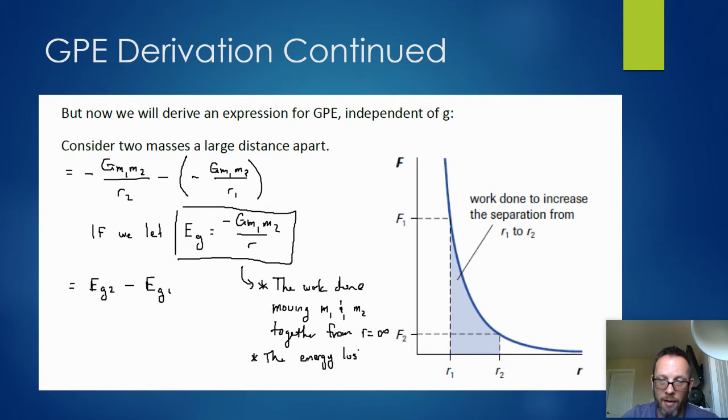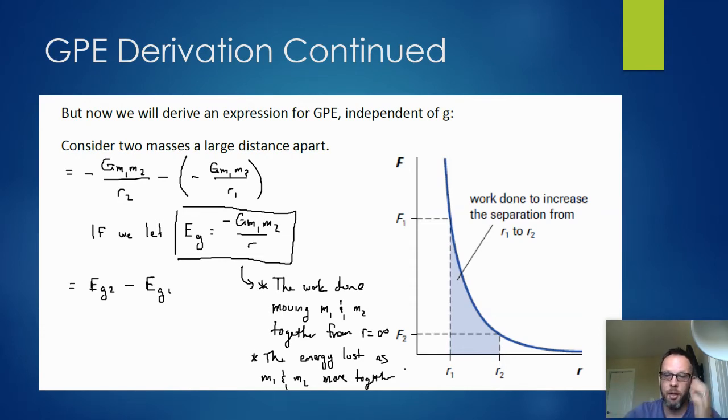You can also think of it as the energy lost as M1 and M2 move together from R equals infinity. Because if you think about it, if you have two objects that are a certain distance apart, do you have to work to force them together, or do they naturally just want to come together? They naturally just want to come together. And so when two things come together gravitationally, energy is being removed. But when two things are being pulled apart and their distance increases, that's when you have to work at it